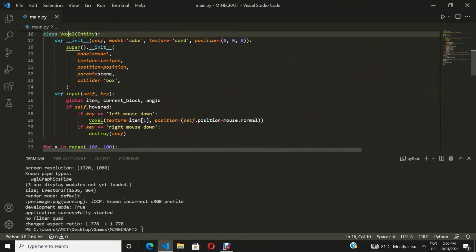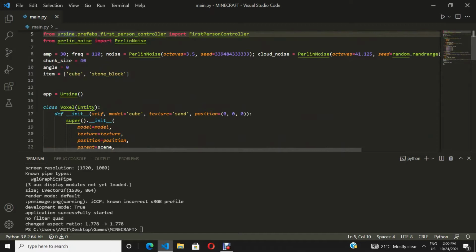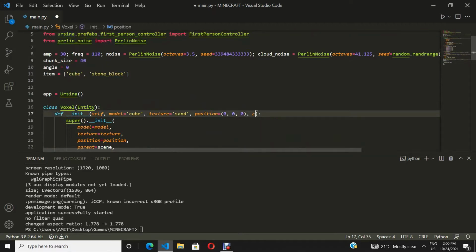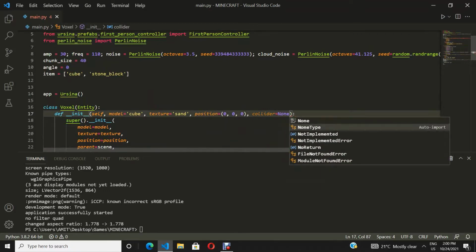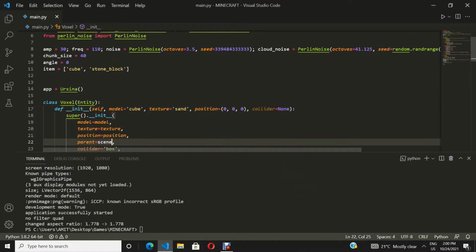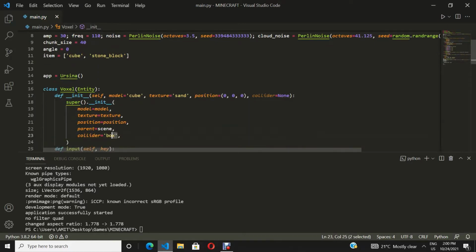If we create that just now it will be very laggy, so we are going to change the collider. In every voxel we are setting the collider to box, but we don't want to do that. So right here we can do box just for now,